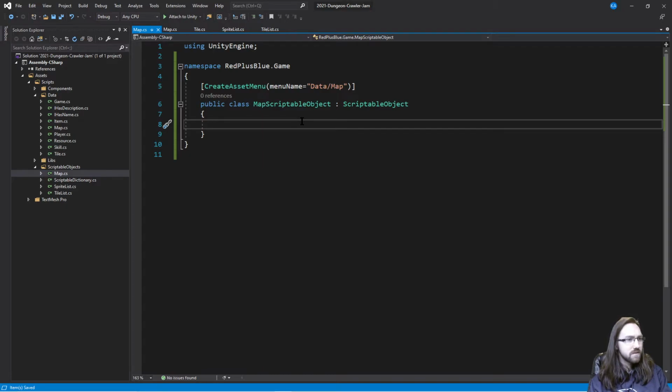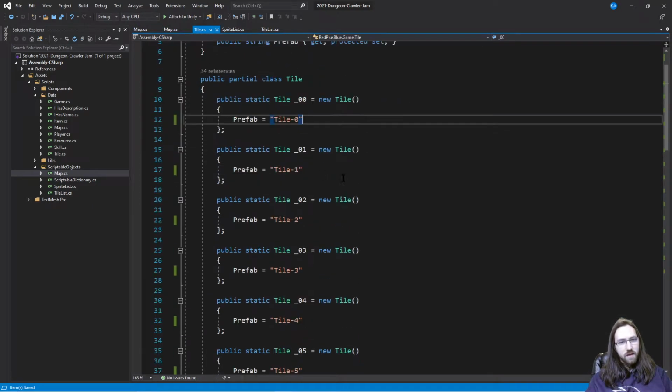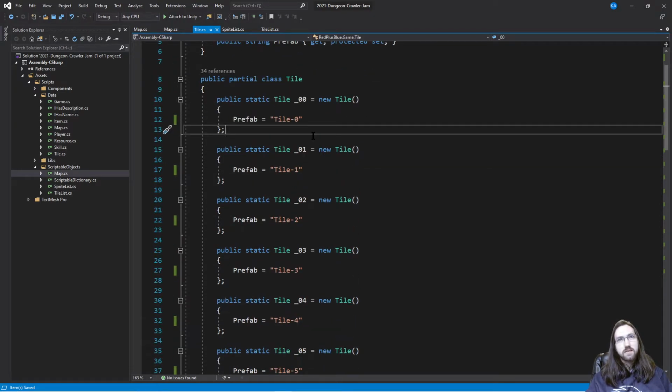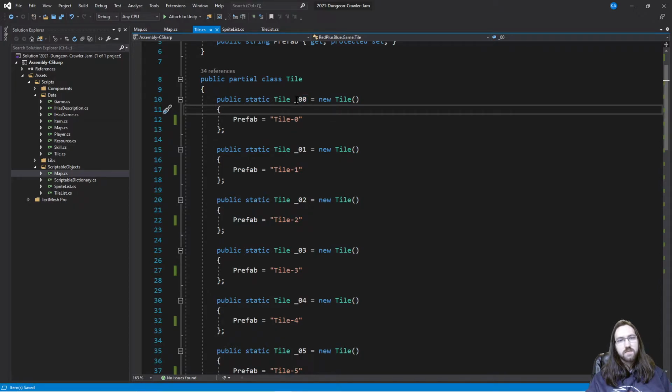Could just be 0 and 1, be the index in the prefab collection. Yeah, you're right, it could be. I don't know why I did it this way. I'm not entirely sure. But yeah, I think you're right. It could be, oh, actually, no, that wouldn't matter. Yeah, no, you're right. I could just use this as the index, or,